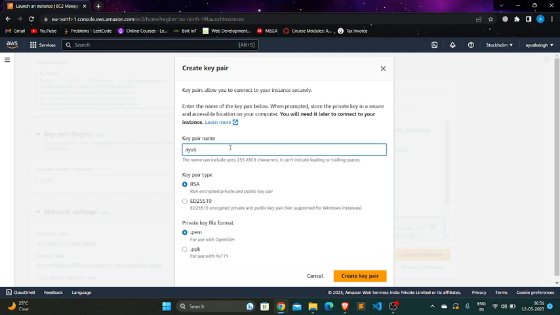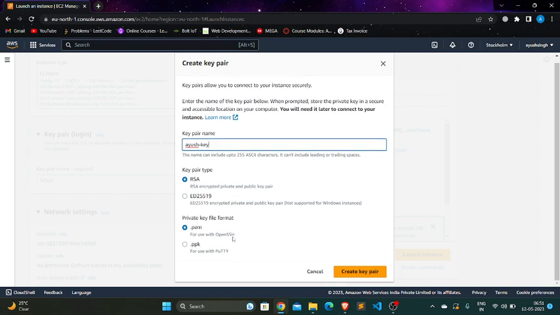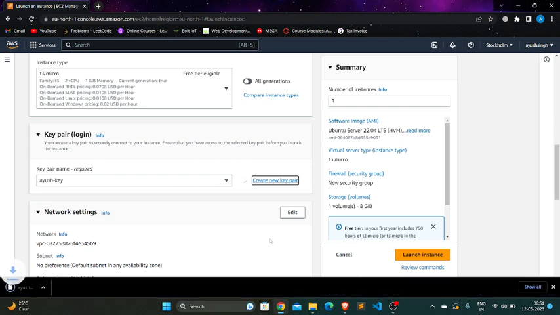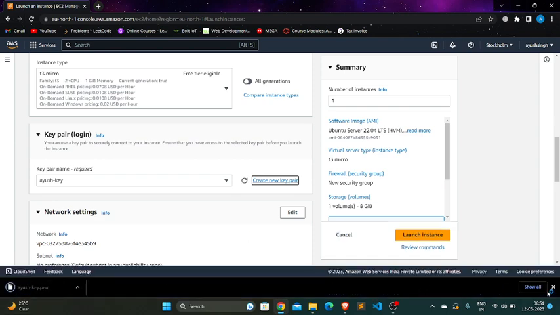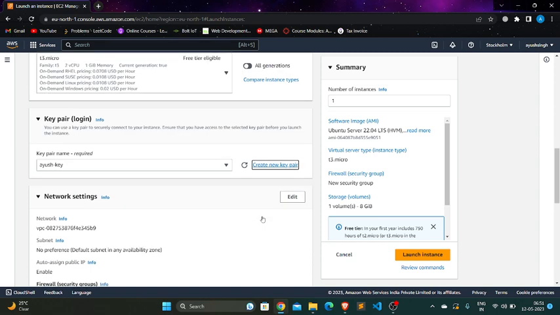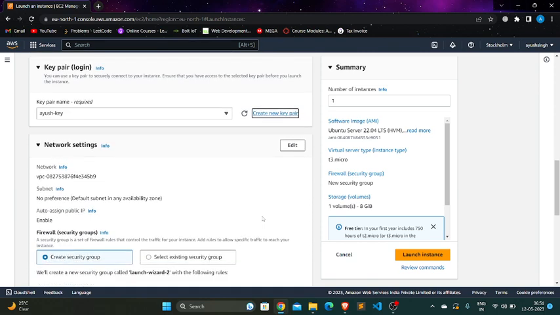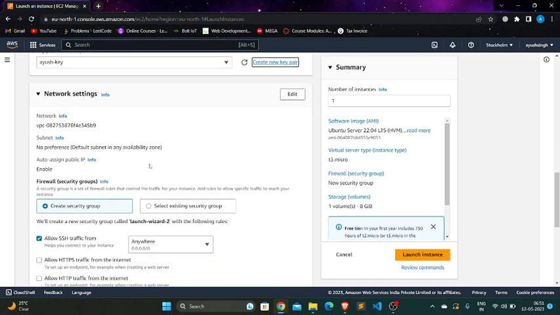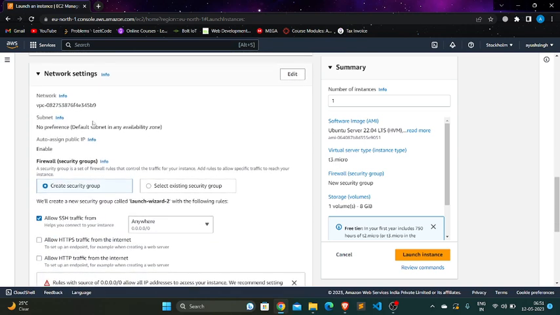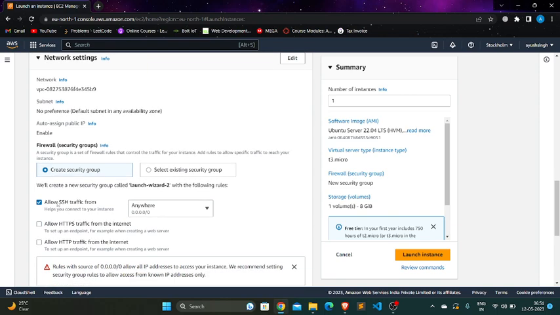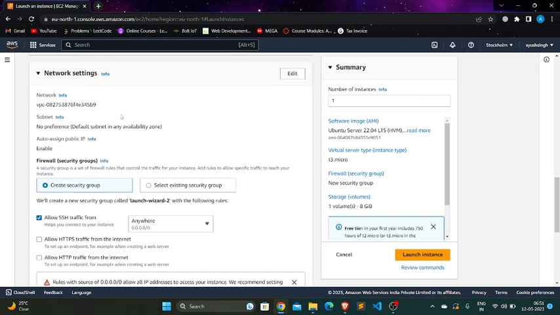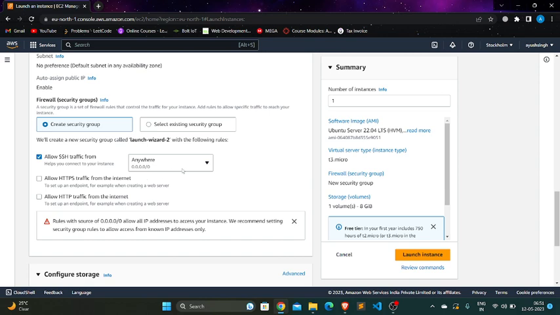I will enter my name. It will be downloaded to my local machine. So here it comes with the network settings. I can create a security group. I have not yet created one till now, so I will create a new security group,